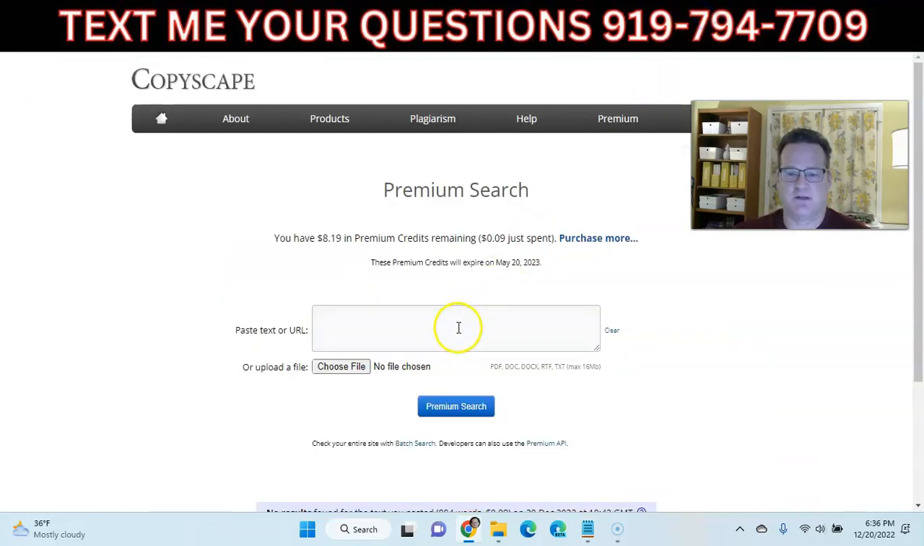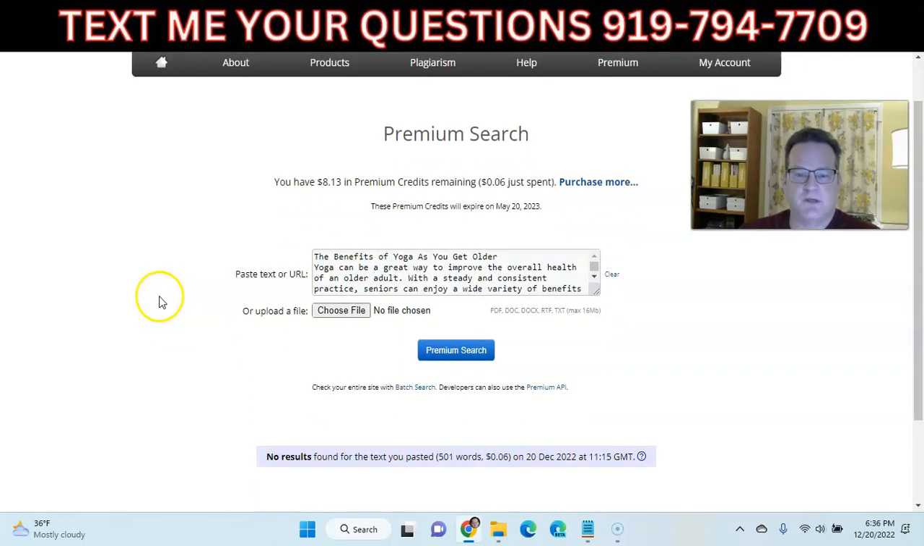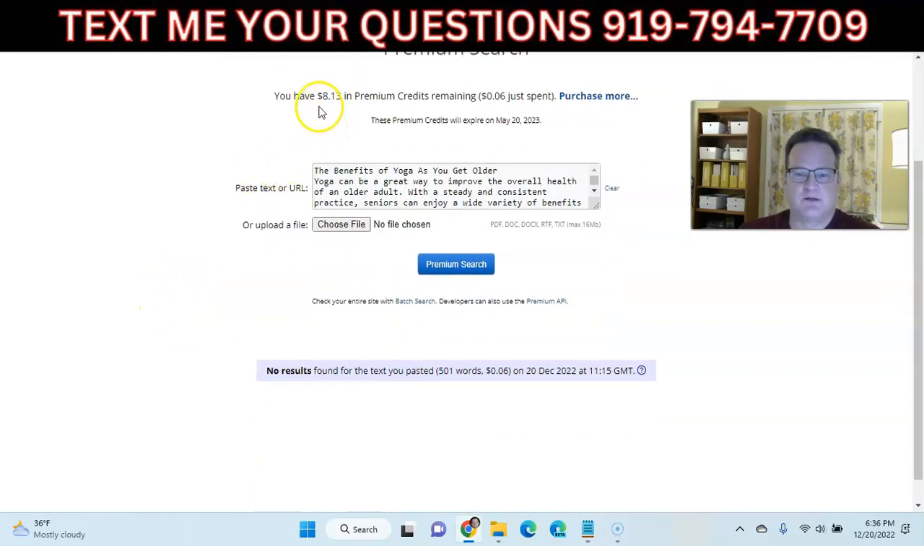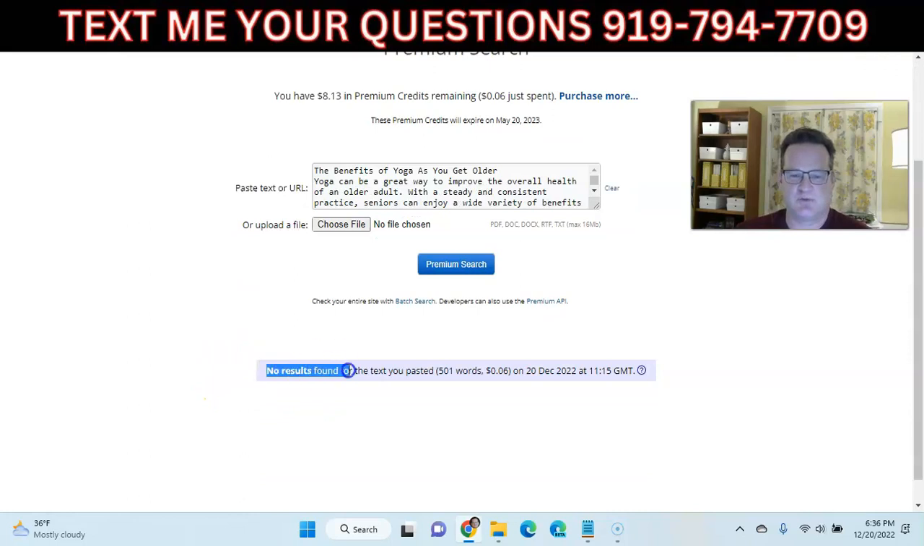Let me go and paste that into Copyscape. You can see I'm starting at $8.19. Let's do a search on this article. And you can see it went down from $8.19 to $8.13. I spent 6 cents running it through Copyscape, and you can see no results were found for this 501 word